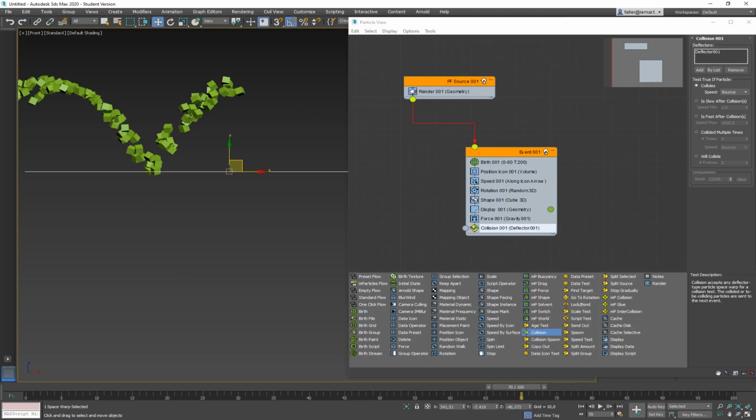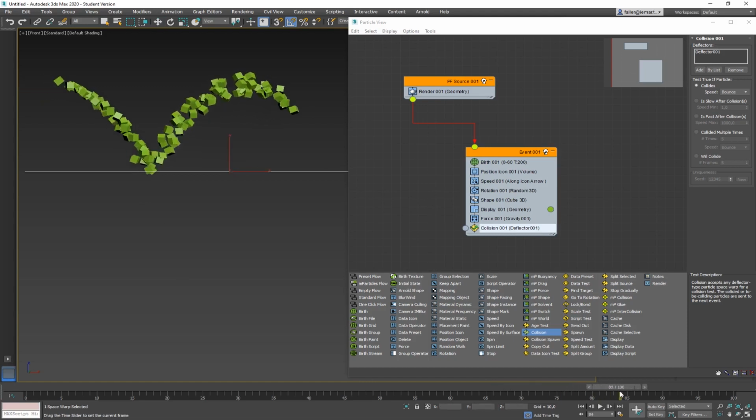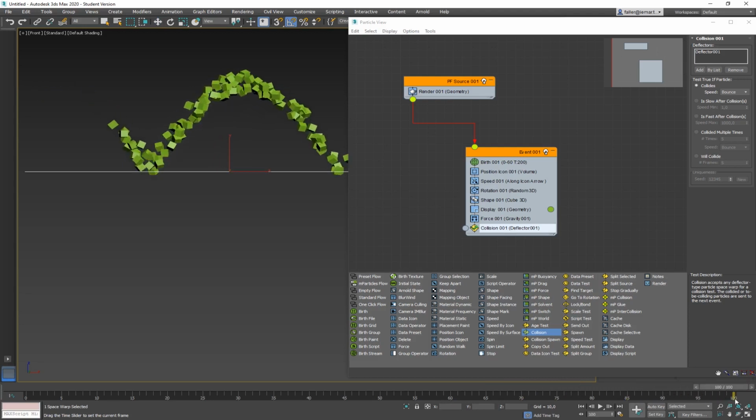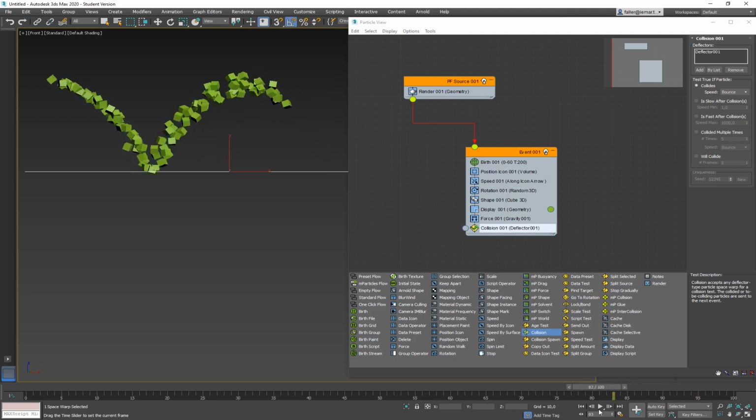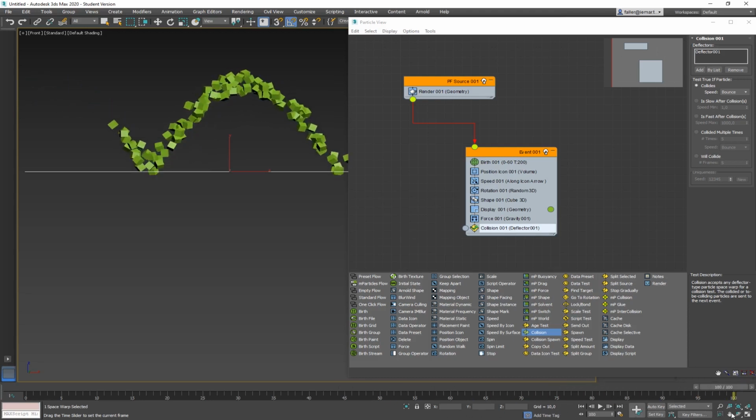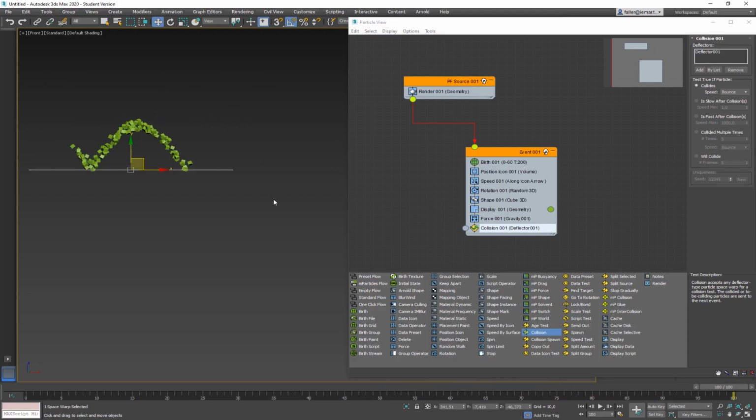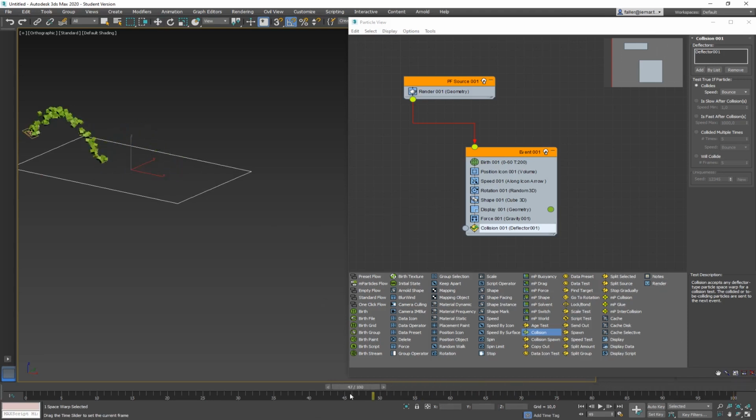Again, it bounces off till the gravity is strong, and then it falls down again, and it does the same thing twice if the animation is long enough. As I said, particles are living forever, so they will bounce forever. Or, of course, if the deflector is not big enough, then it will fall down after the deflector. Okay, so that's it. So it bounces off. There's also a lot of other things here, which we can talk about later.